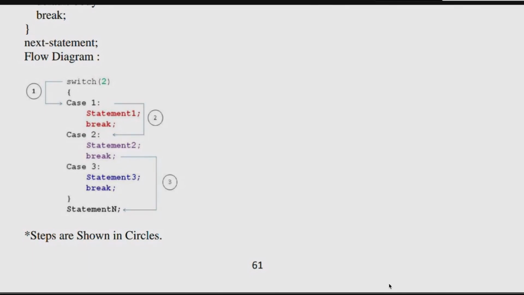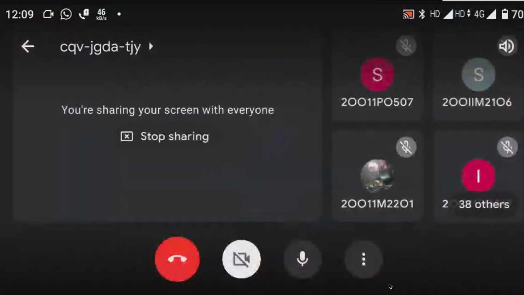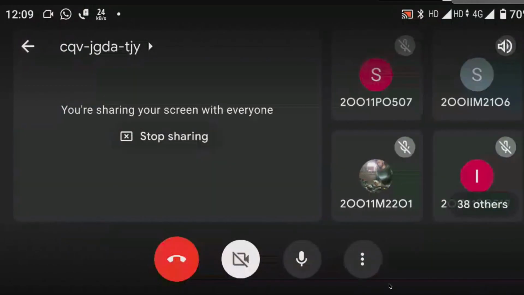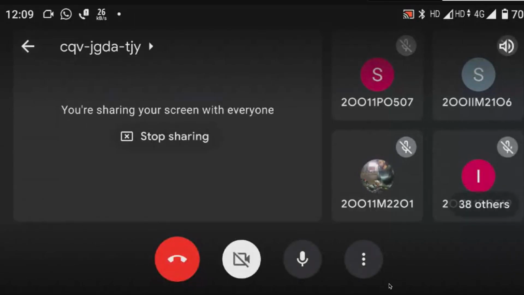The complexity will increase. So instead of going with the if and else cases, we are moving to switch case. In the switch case, we can write a number of cases, that means the number of options we are going to use. So the complexity is less when you compare to if and else. Why?